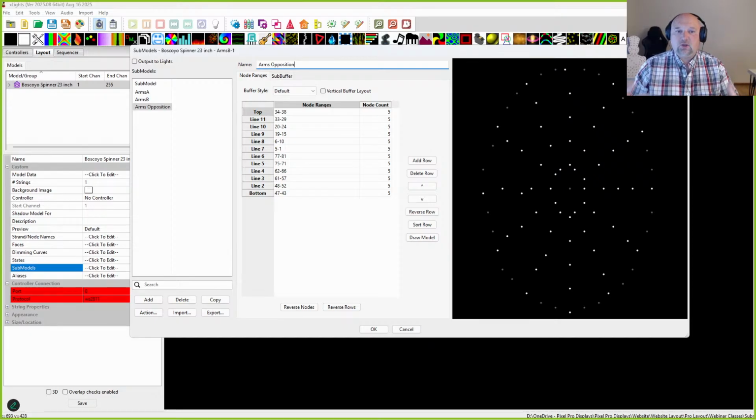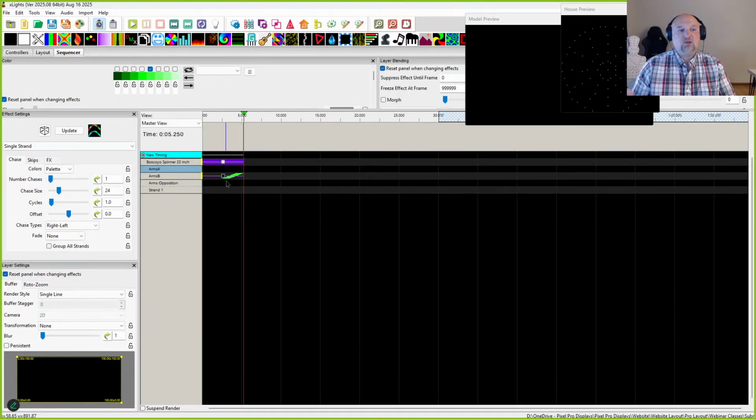So why would I do this? Well, there are some really interesting things that we get to do in xLights, and one of those things might be individually going to each one of these rows. I'm going to skip the first one and go to the second one, and I can reverse a row. And I'm going to skip one and go to this one, and I can reverse a row. And some of you who already understand what I'm doing are like, oh, that's a pretty cool idea. If I click OK here, and that saves the functions of this arms opposition,